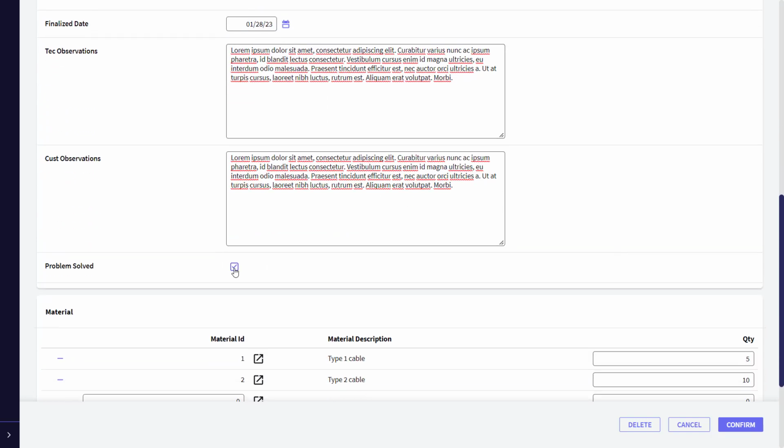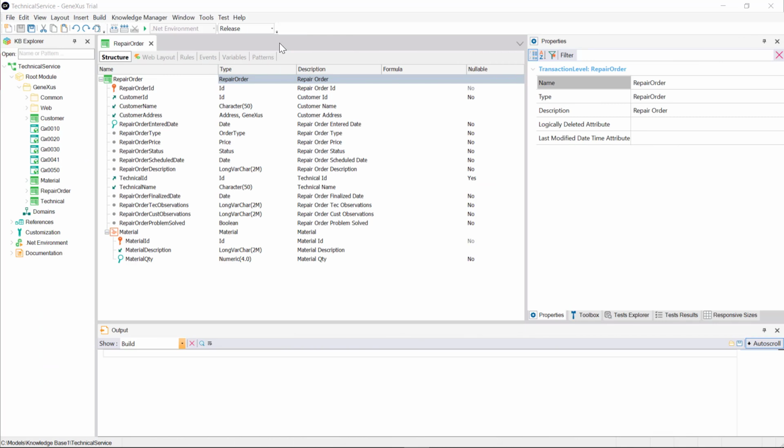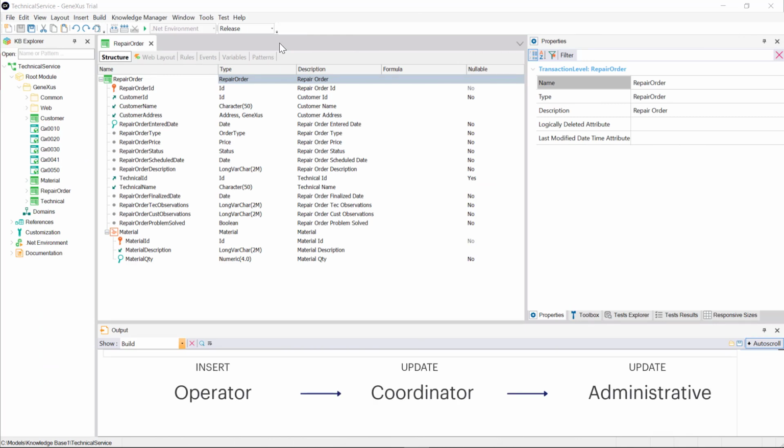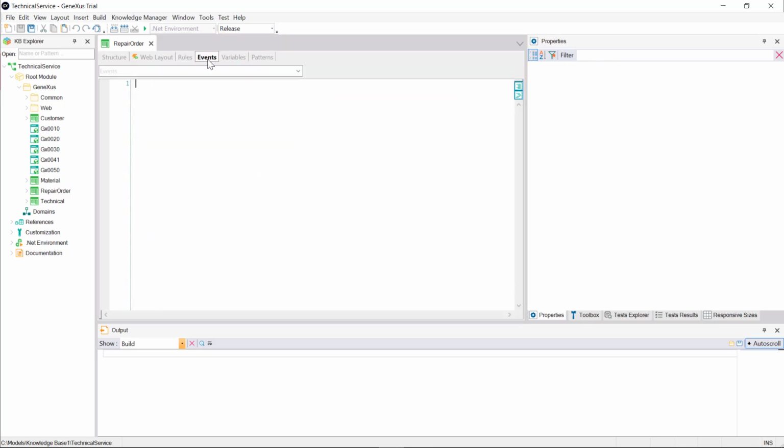Another disadvantage is how complex it can be to program the behavior of the transaction. As we saw, it'll go through different states and modifications with later entries. Also, it may require different controls every time, even of the attributes themselves. But given this design, everything will be programmed in the same object. It won't be possible to customize rules or events specific to each of the moments that we've just seen.